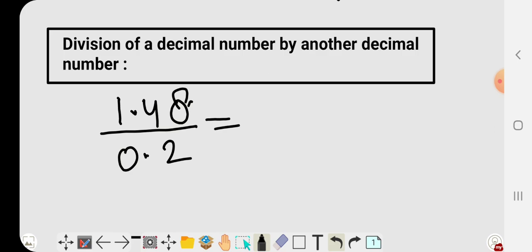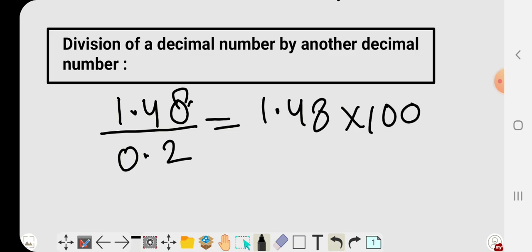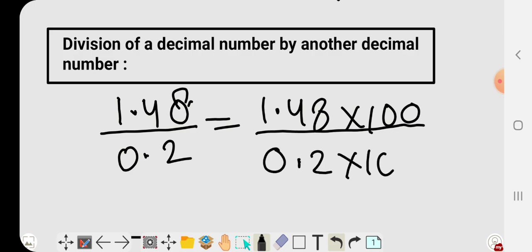1.48 divided by 0.2. At first we will remove the decimals. See, we have to multiply the numerator by 100 to remove the decimal. If we multiply by 100, it will be 148, and we have to divide the denominator by 10, but this is the wrong method. See, out of both these we need to multiply by the greater number on that side, so the same number will be multiplied here also. If you feel that one needs 10 and the other needs 100, you will do multiplication with 100 on both. Clear?